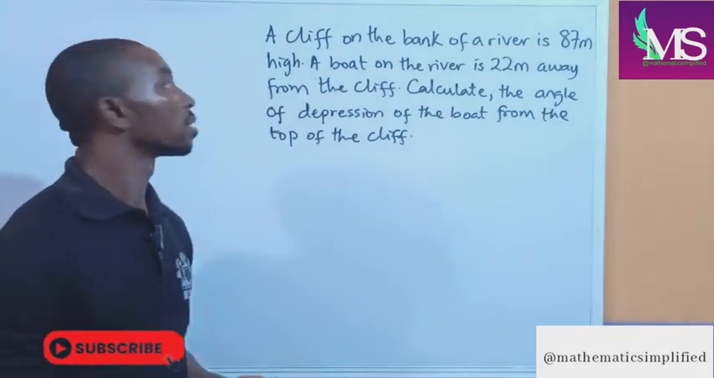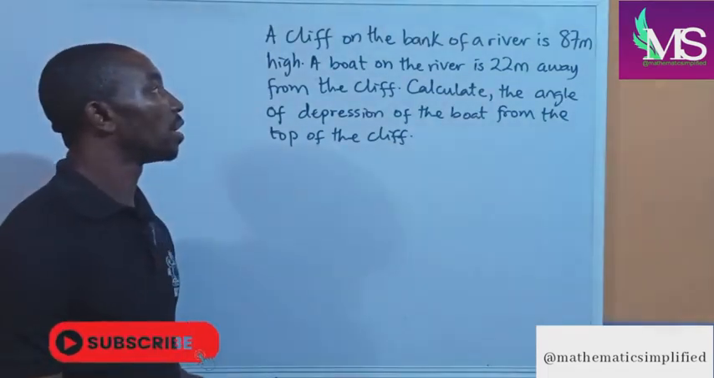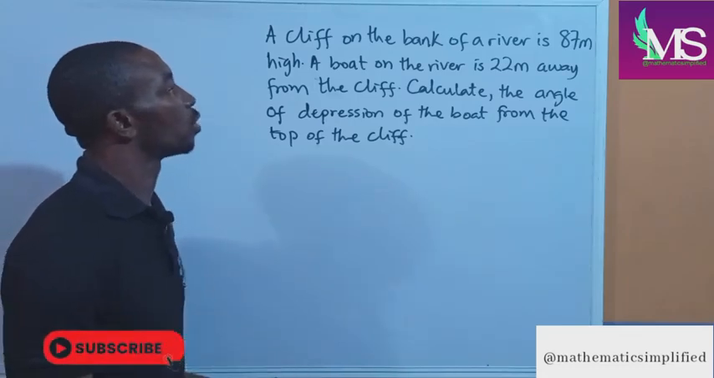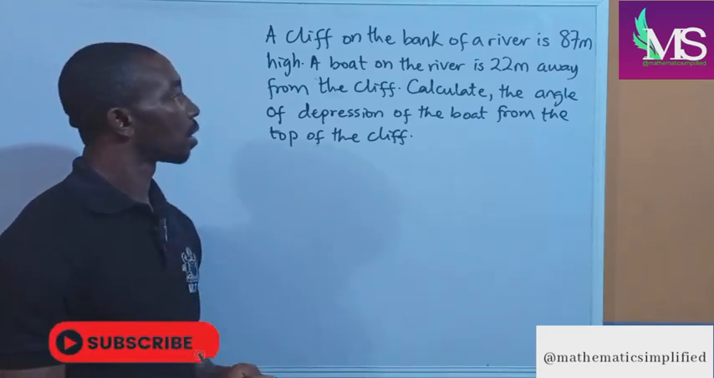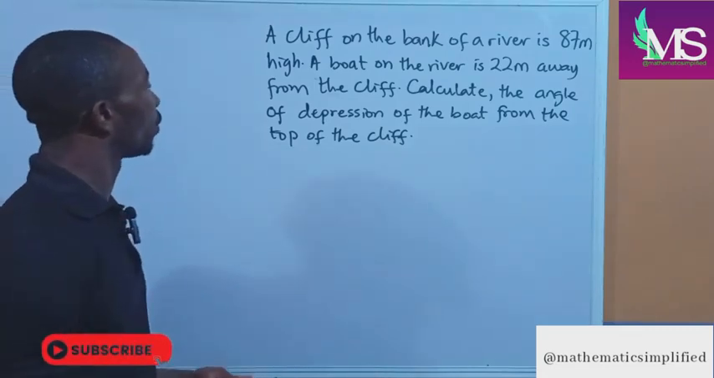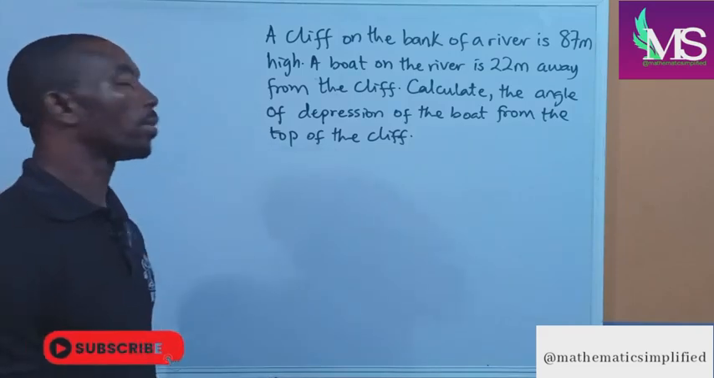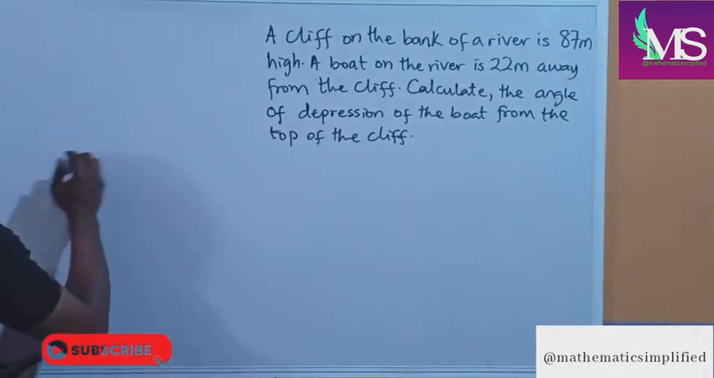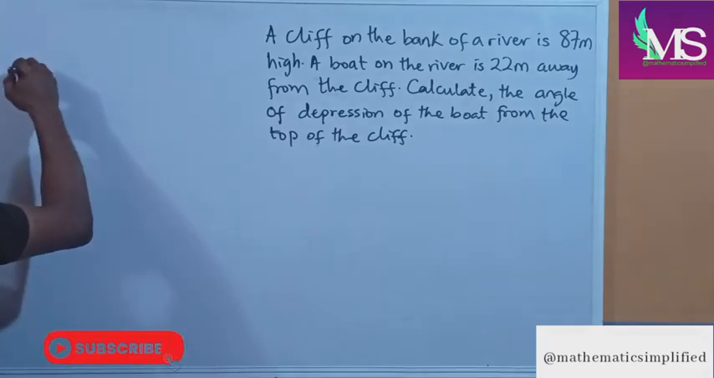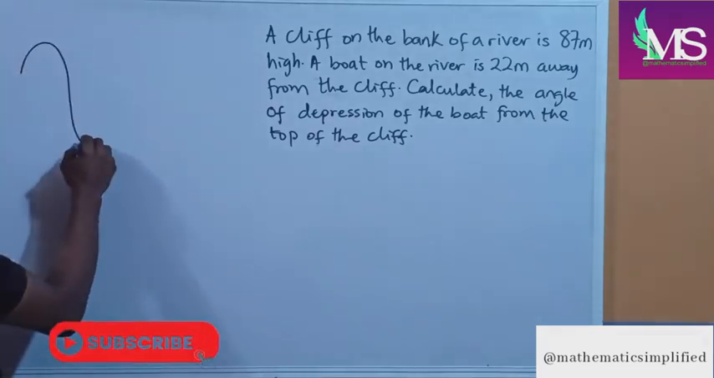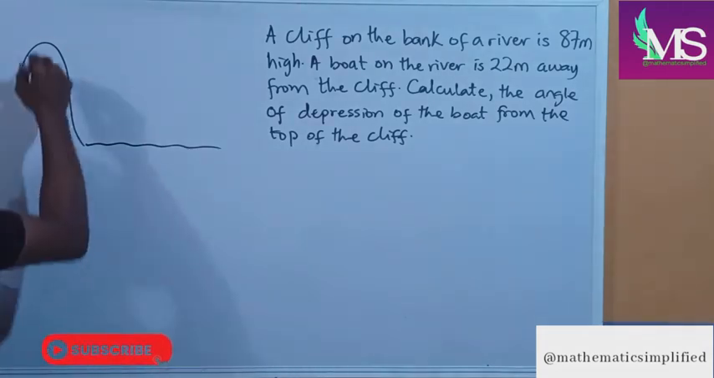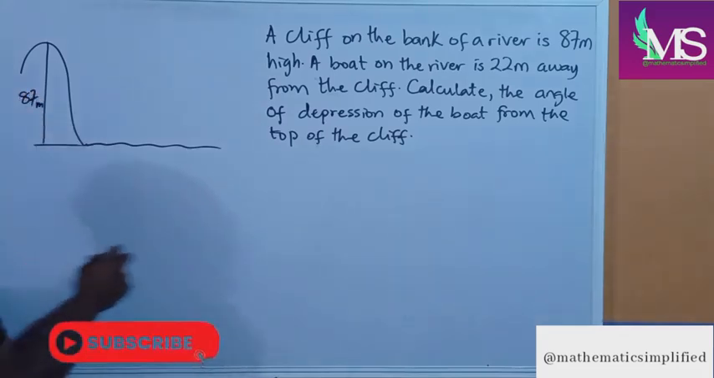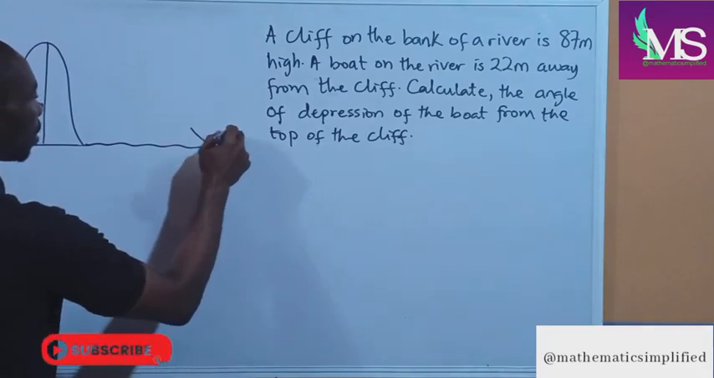Our next question says, a cliff on the bank of a river is 87 meters high. A boat on the river is 22 meters away from the cliff. Calculate the angle of depression of the boat from the top of the cliff. Now, let's say this is the cliff, and this is the river. The height of this cliff is 87 meters, and the boat here is